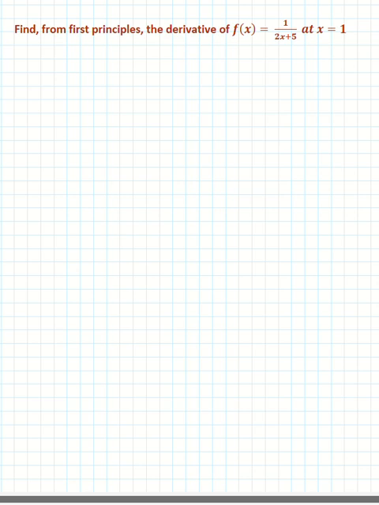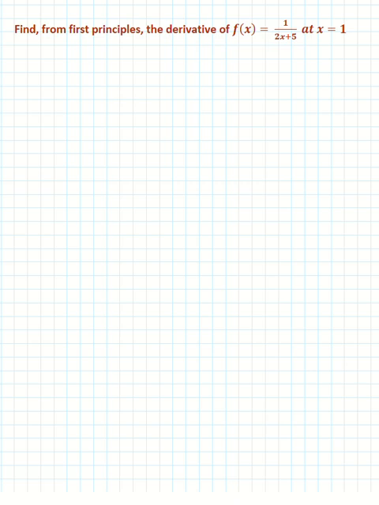Welcome back, everyone. So here's another example of using the first principles to find the derivative of f of x equals 1 over 2x plus 5 at x equals 1. So we apply the formula again. So it's f dash x equals the limit as h approaches 0 of